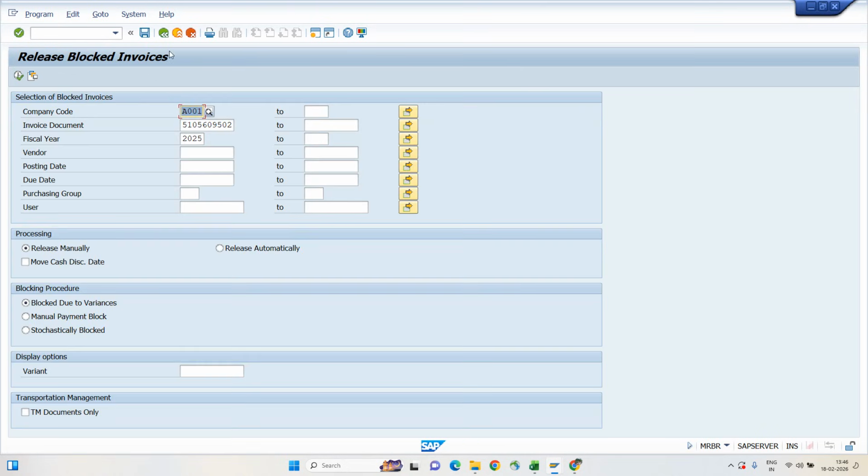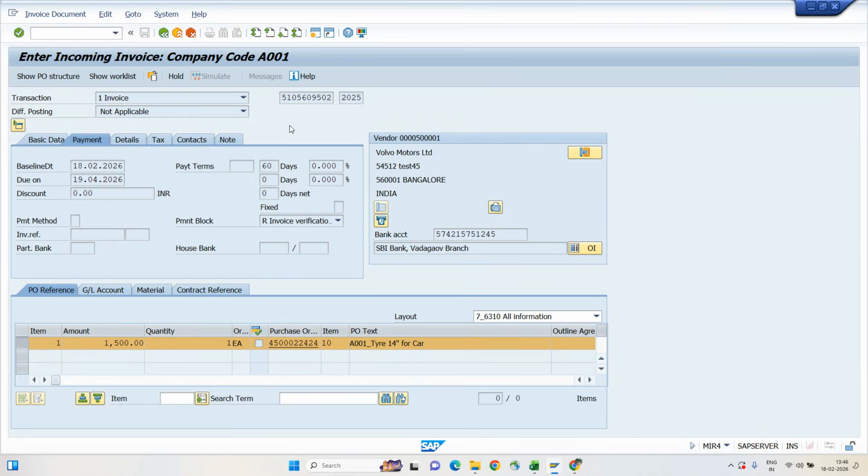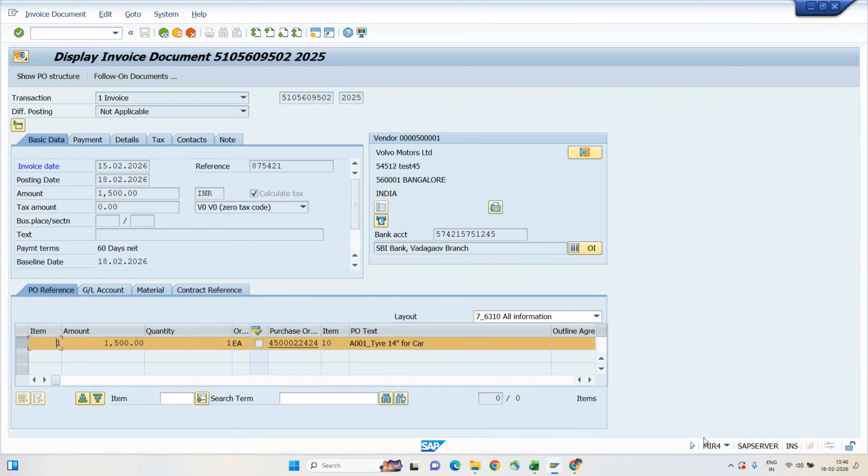Then go back, and if you try to execute this again, it won't execute because this document is no longer blocked. It is already released. Now how to check whether it is released or not? Just go back to the display mode, or you can even go to